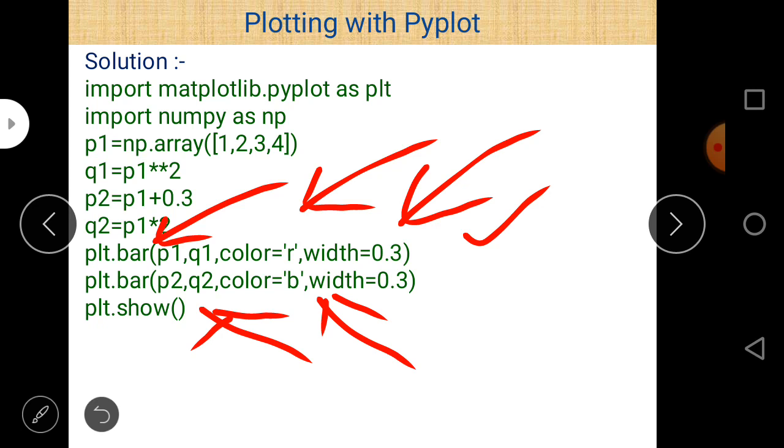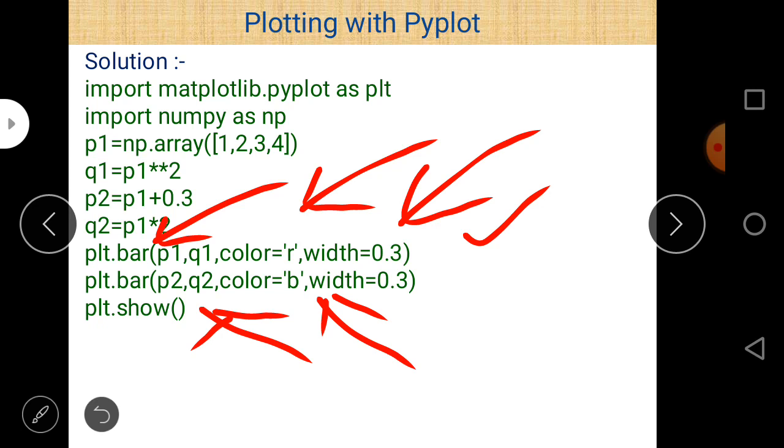So in the question there are actually 3 points. First of all, a bar chart should be drawn between P1 and Q1, where P1 is an array containing elements 1 2 3 4, and Q1 is equal to P1 double asterisk 2, which means the power of the elements of P1.